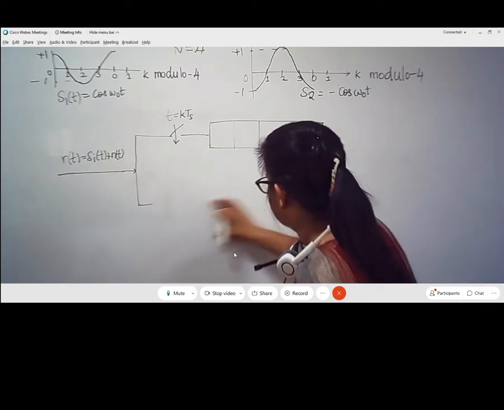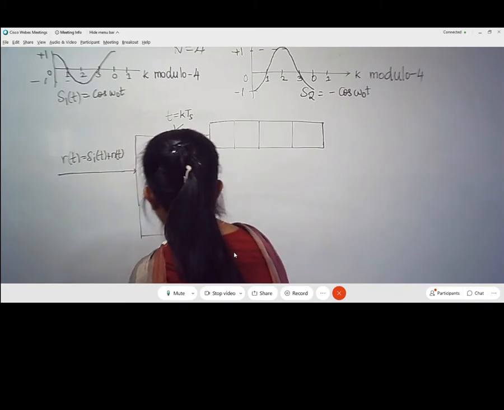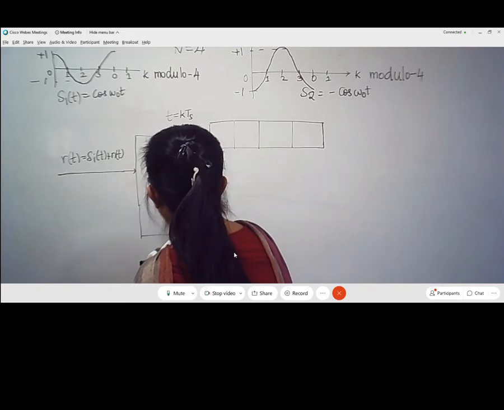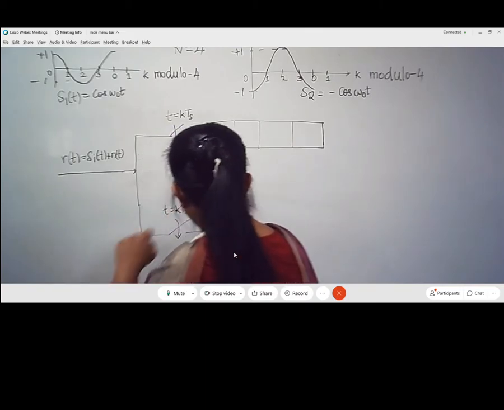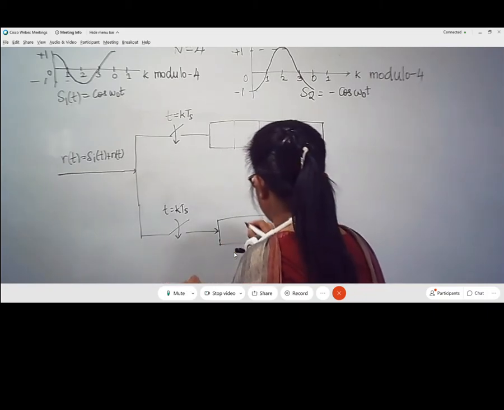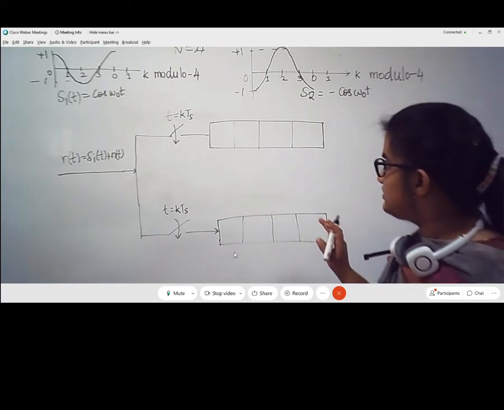Let me write a little bit below so that I have space to write. It's the same thing, I am rewriting it all over again. Why? Because I need to write the weights of the filter. So I just erased it and am rewriting it. So nothing wrong. Okay, so this is the method.